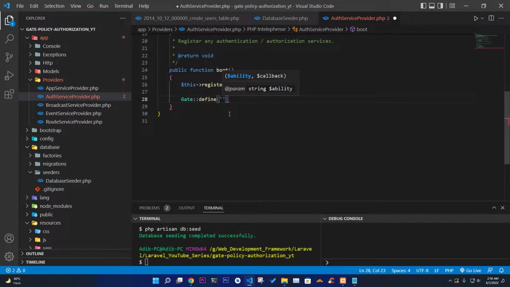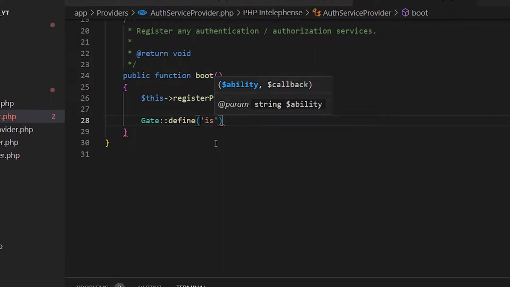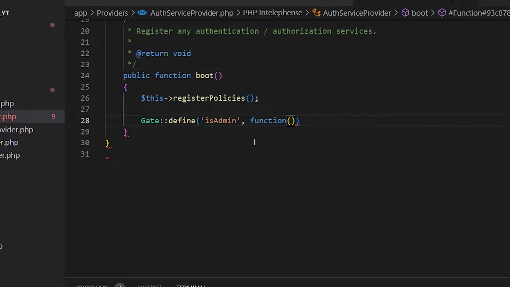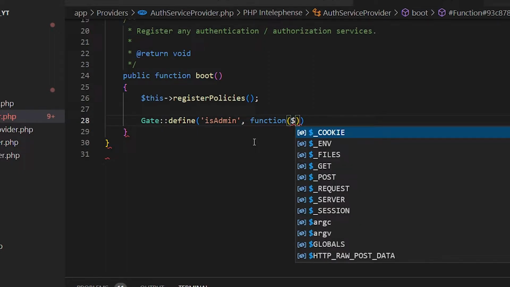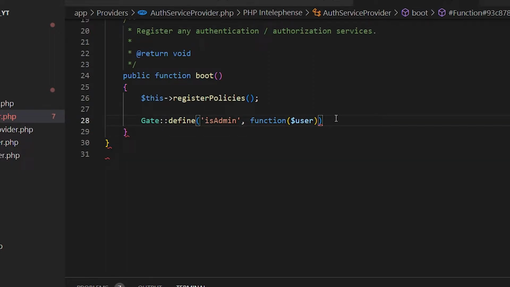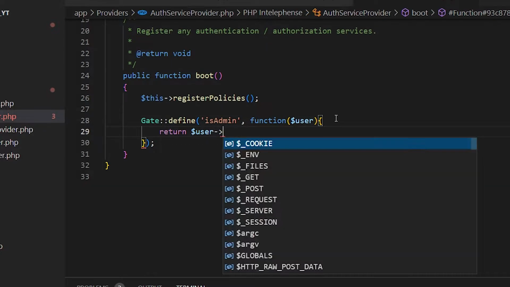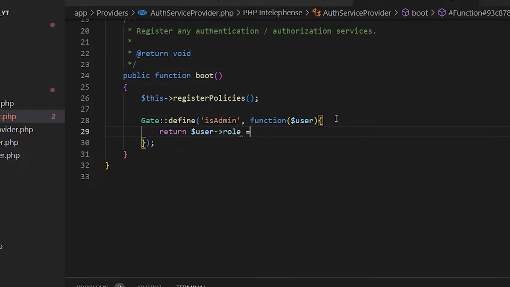One is define, and define will get a parameter, the ability, and the callback function. If I use define and read the ability, to check if the user is an admin, then we can use a callback function. The callback function will take the parameter user, then it will return